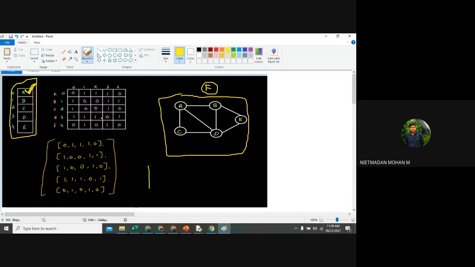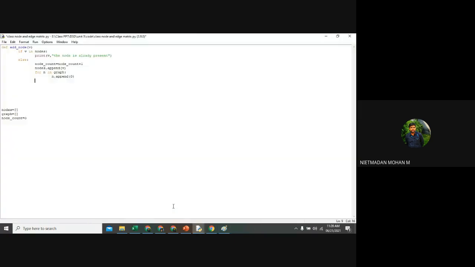The matrix representation: a 1 into 1 matrix will be created, right? Yes. Now there are no edges, so I have represented the edges as 0. Those are the lines of code I have mentioned here.